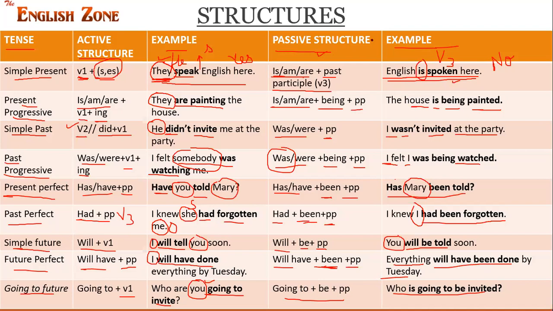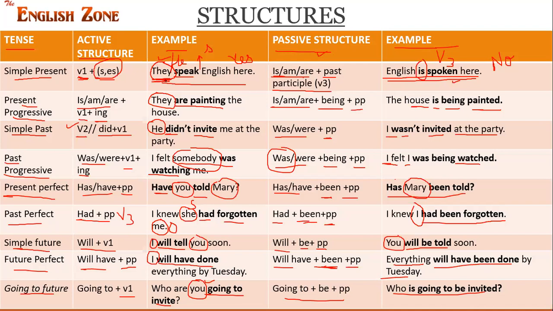Perfect tense, third form, so been, and continuous tense, first form with ing, so being. Yes, right. With being, obviously we have to use third form, but being will be used in the present progressive, and been is used for the perfect tense. This is the main part. And yes, I will explain now one sentence for understanding all the tenses.